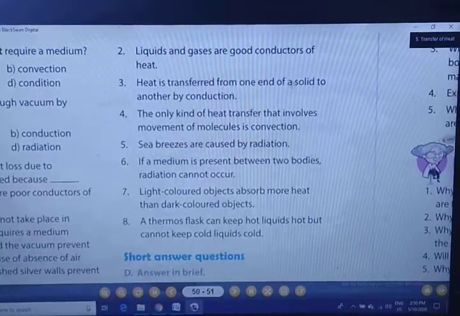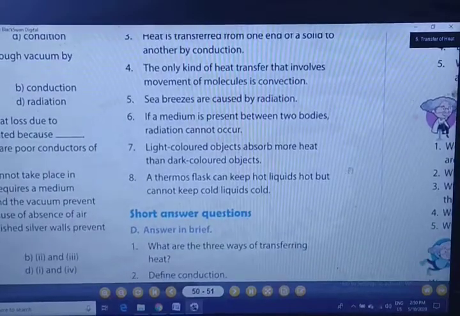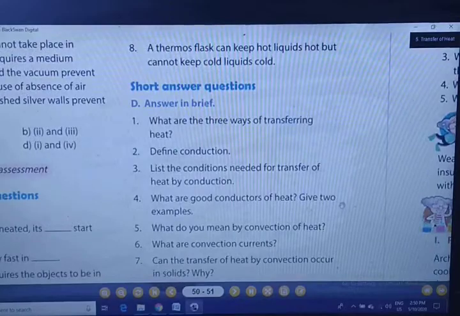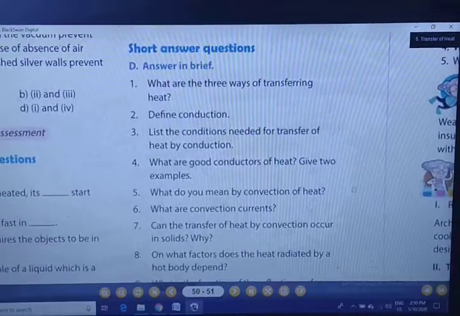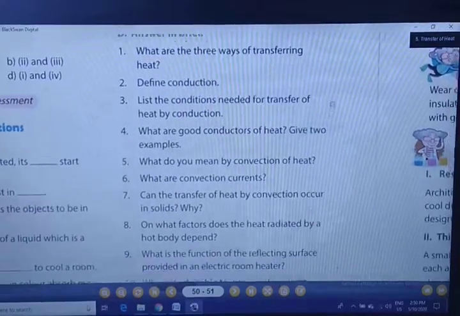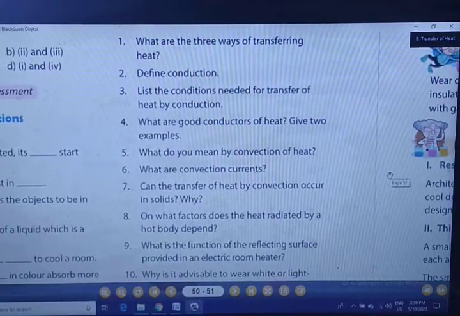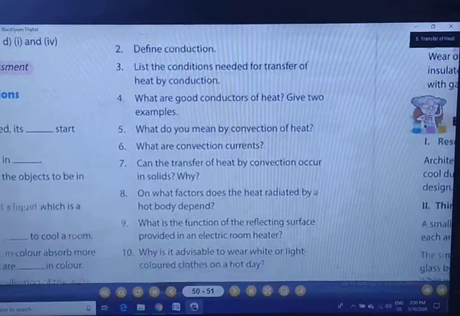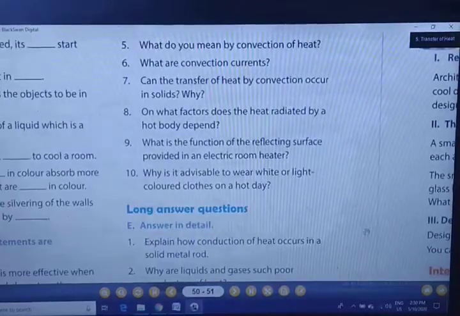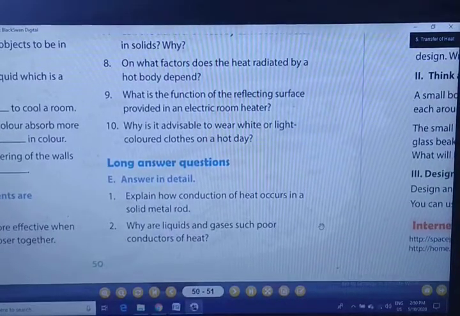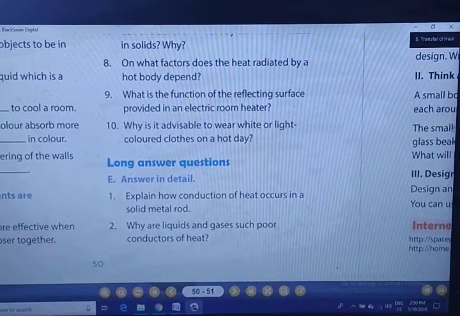Now the short question answer screenshot. Yes, you can take this short questions screenshot. There are a total of 10 short questions. Can you take a screenshot of these 10 questions? Very good. After taking the screenshot of the 10 questions, now we will move towards the long question answers. So here there are 2 questions. Have you seen the 2 questions? Have you taken the screenshot?